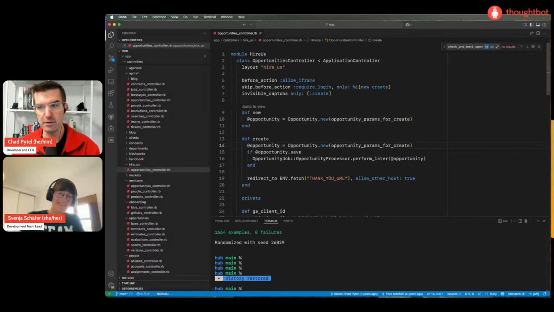So we have very few validations on that model, and very few callbacks that might error or prevent something, because no matter what, we want to save that form submission so that it's in the database and we've got it. And then we have a processor that does the extra stuff on the opportunity after it's already been successfully saved.